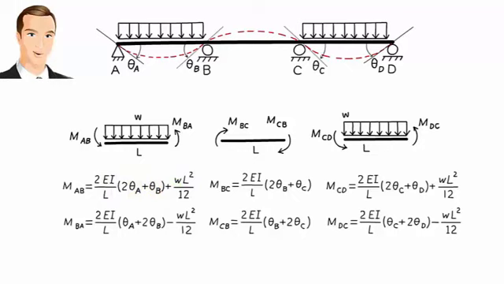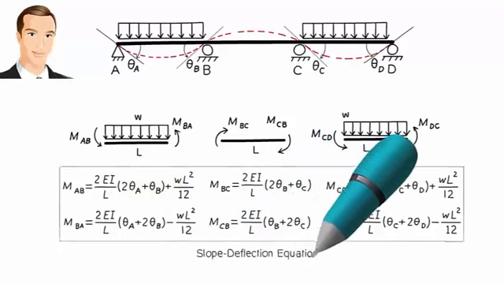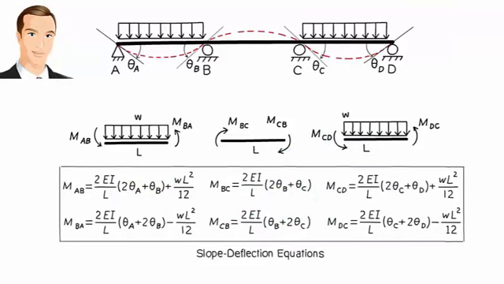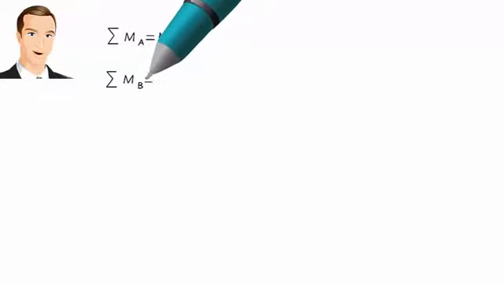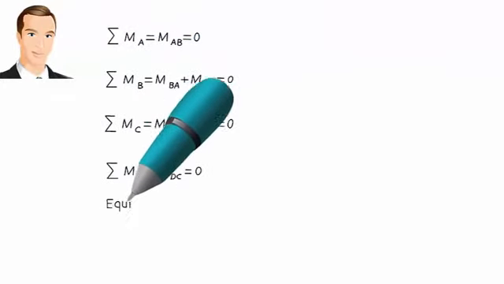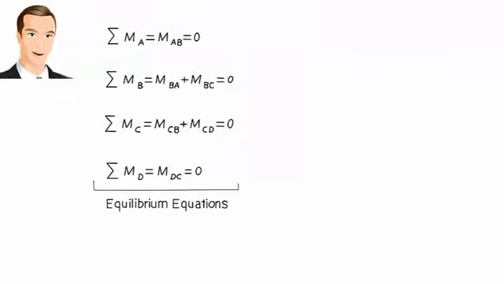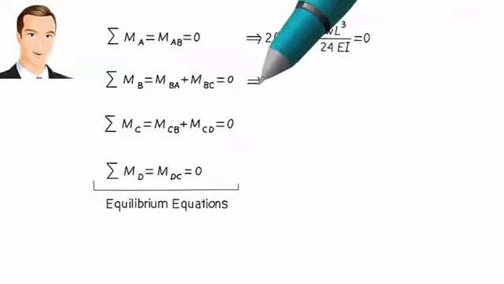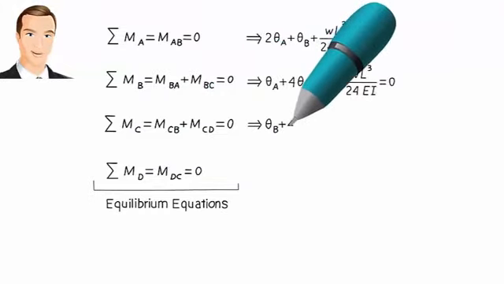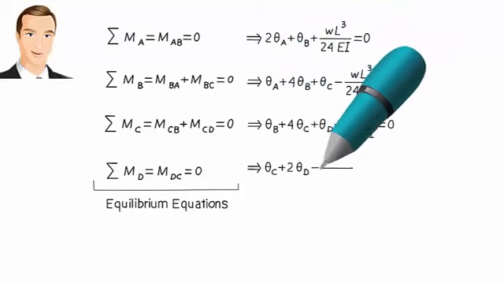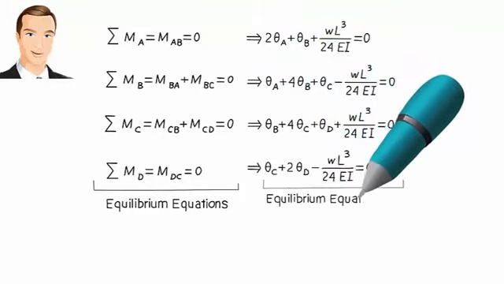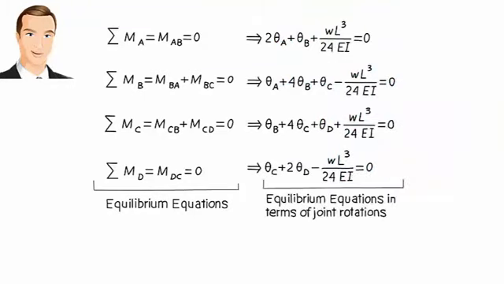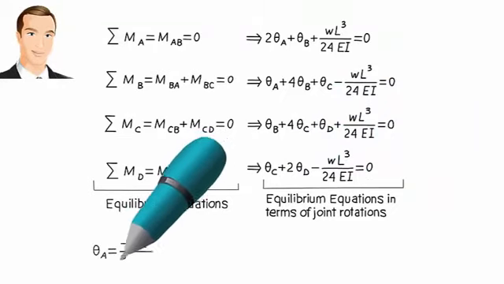We call these slope-deflection equations. Substituting the slope-deflection equations in these equilibrium equations, we get four equations in terms of the four joint rotations. Solving the equations for the unknowns, we get